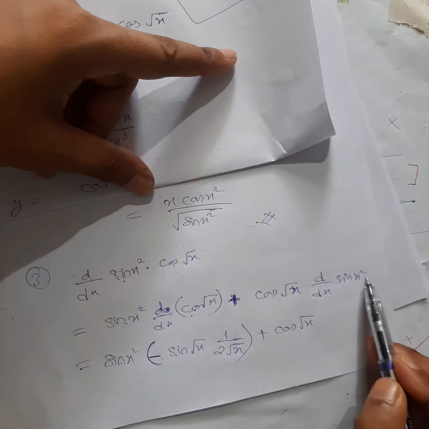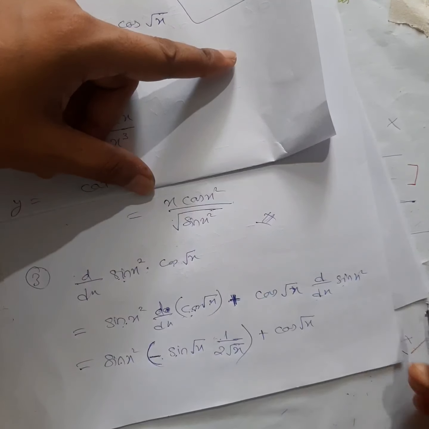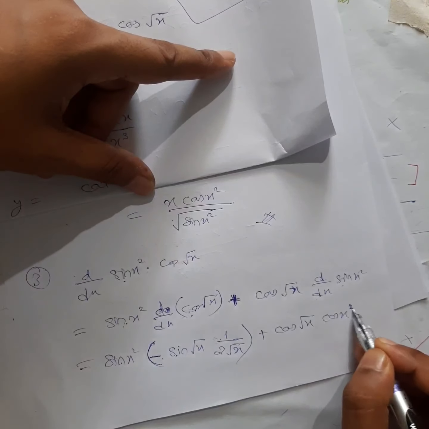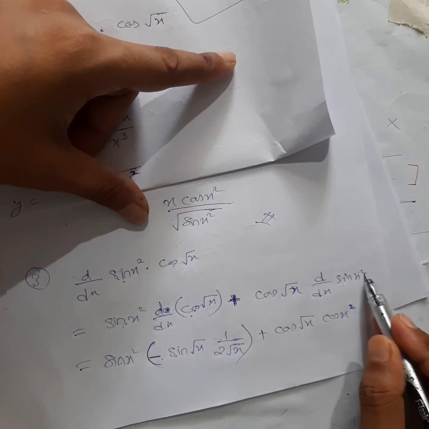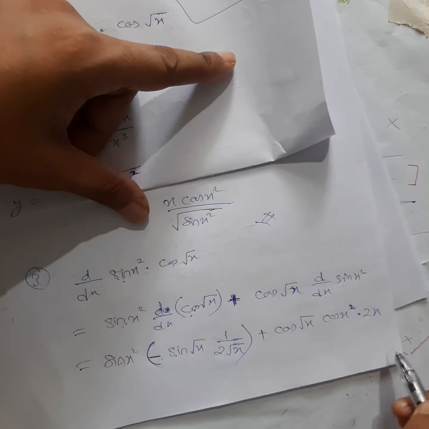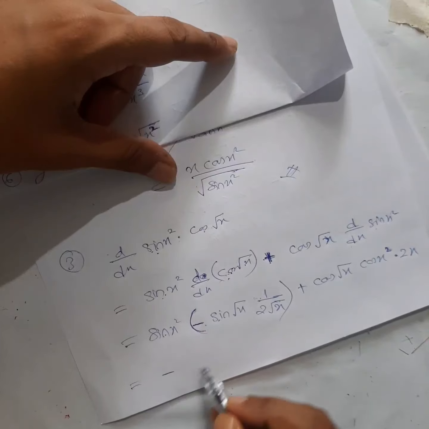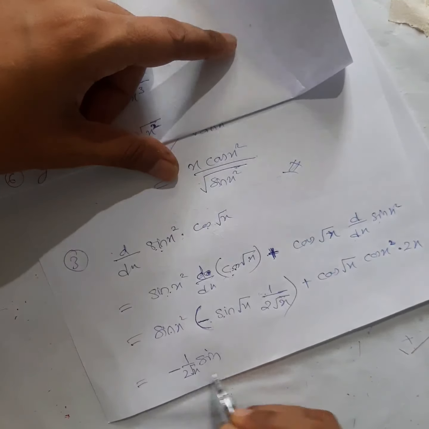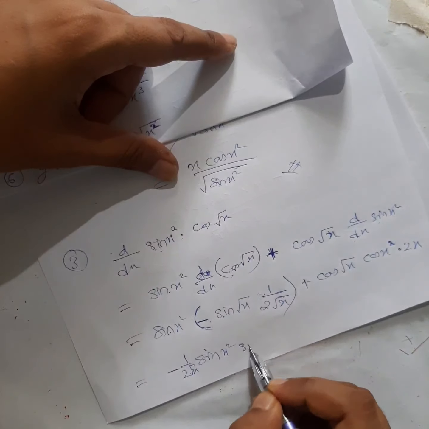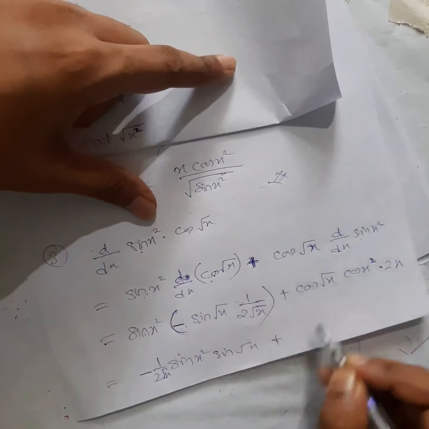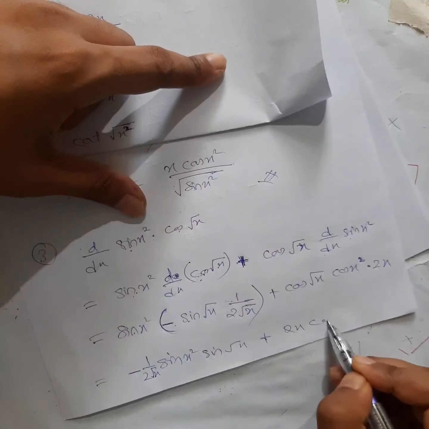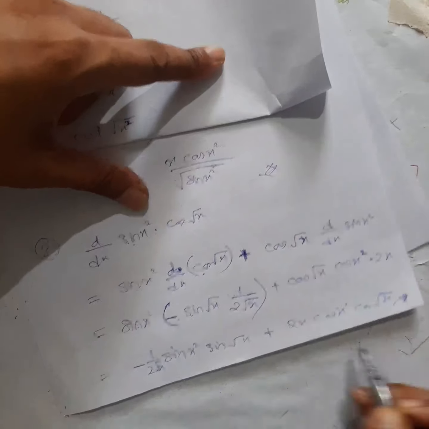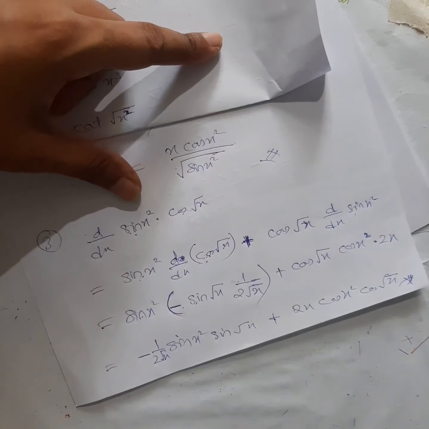So sin x form, but in place of x you have x square, so x square you have to differentiate again. So sin x, first what was the differentiation? Cos x it was, right? Now differentiating x square again, you will get 2x. So minus, let me write it down outside, 1 by 2 root x sin x square sin root x, plus this will give you 2x cos x square cos root x. That's it. After this, no simplification, right? So this will be your answer.